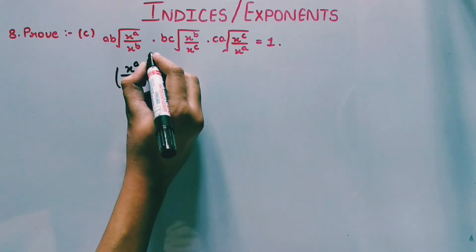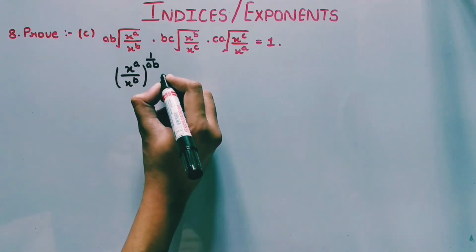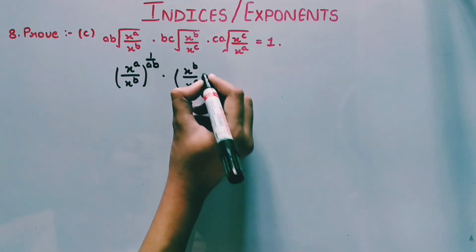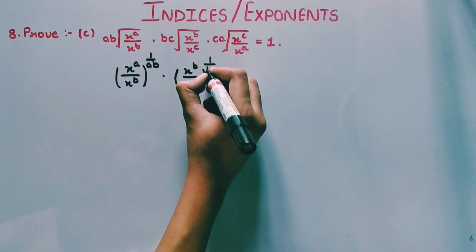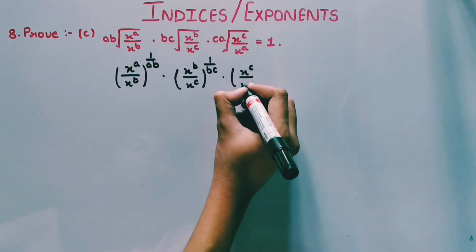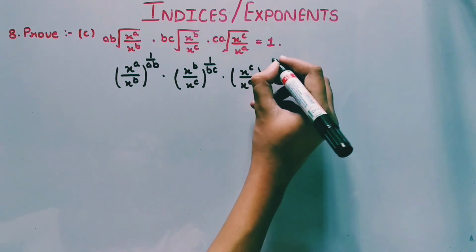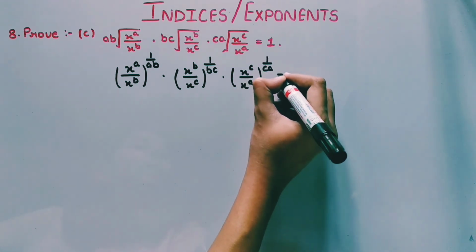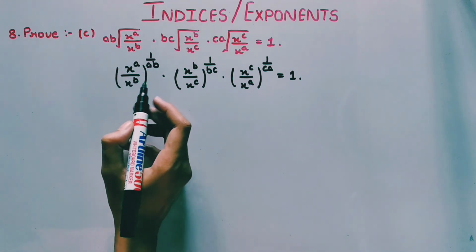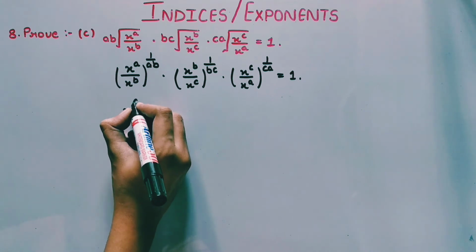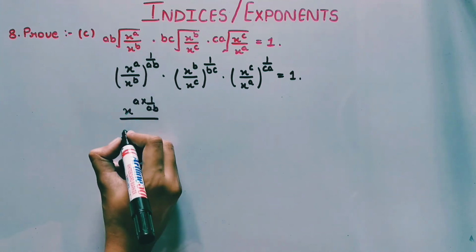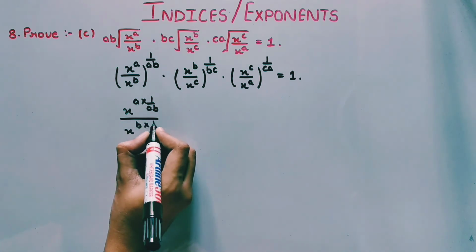Under root ab can be written as power 1 upon ab, into x raised to power b divided by x raised to power c, power will be 1 by bc, into x raised to power c divided by x raised to power a, power is 1 by ca, that is equal to 1. Now we will multiply these terms within: x raised to power a, multiply by 1 upon ab, divided by x raised to power b, multiply 1 upon ab,